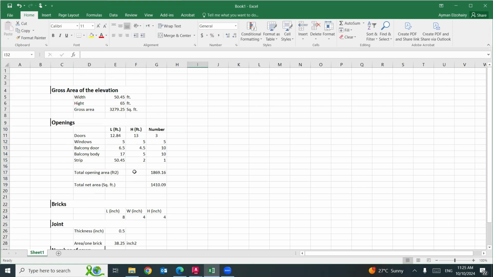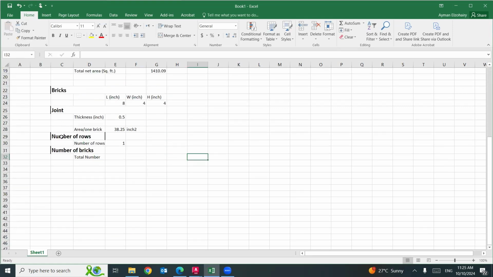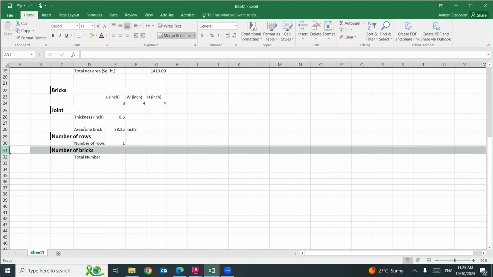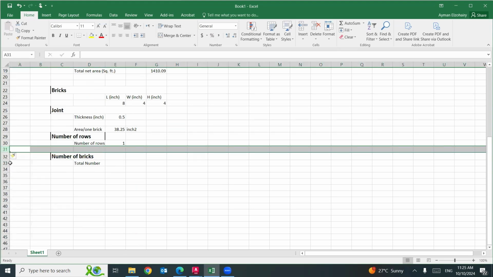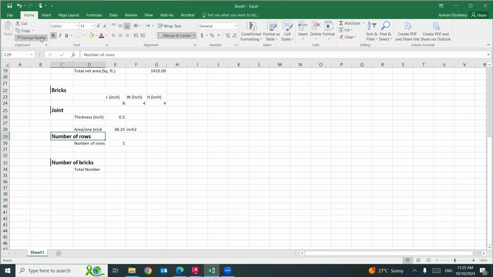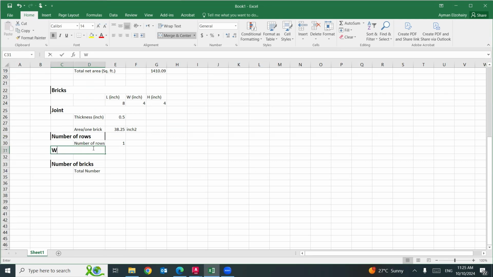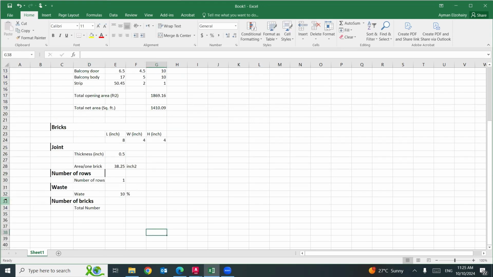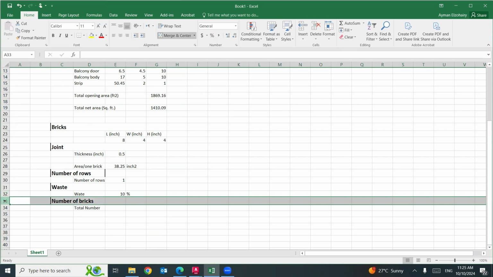And we can add one here. Waste. So I'm going to assume the waste equals 10%. I would like to make everything variable. So the number of bricks I will consider